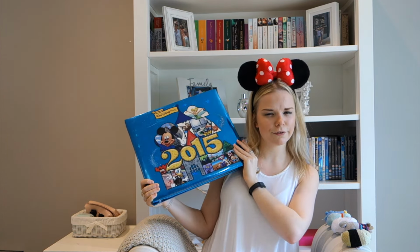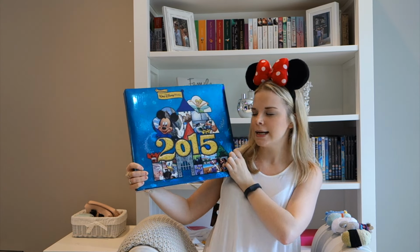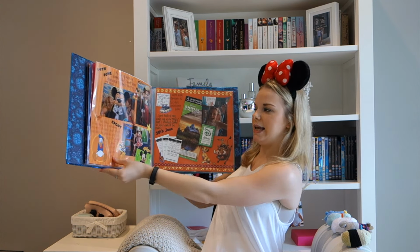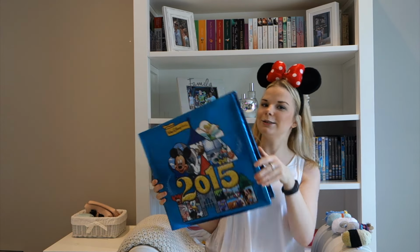They don't look too different from my 2014 one that I have, but this one's more glittery and sort of shiny. But this one is really good because it's massive, and I have already started to fill it out, as you can see here. I do spend a lot of time with it, and to make this look even better,